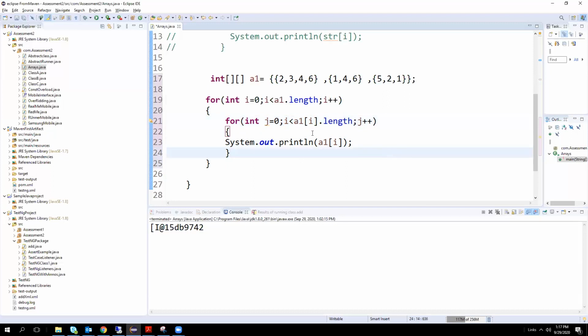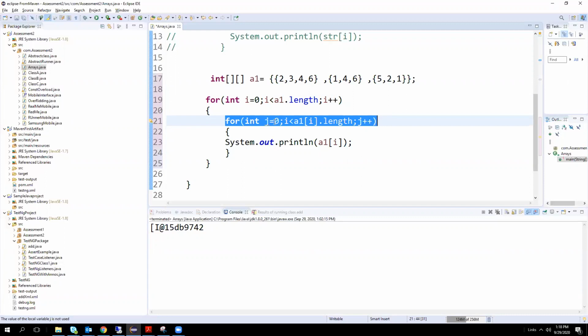Here, j is initialized with 0. What is the i value? i is equal to 0. The condition will be checked: i less than a1 dot length, which is 3. The condition is satisfied, so it will enter this loop. Then control will come to this for loop.